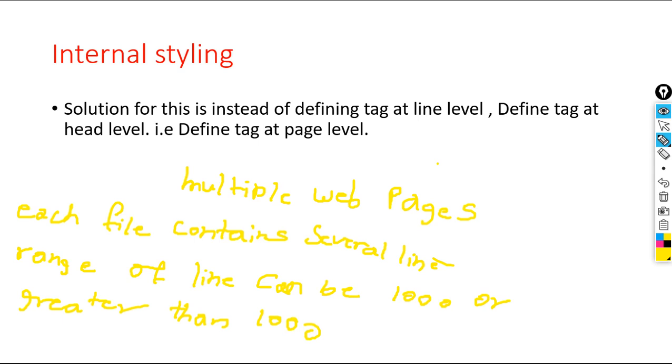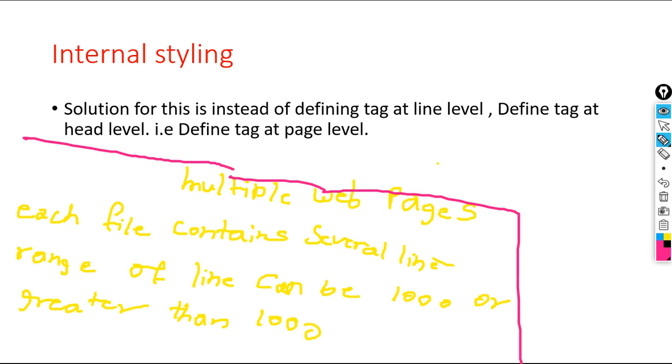We cannot predict how many lines it will have. But generally what happens, we have so many lines. So if here I use inline styling, then it will work, but our actual requirement will not be satisfied.